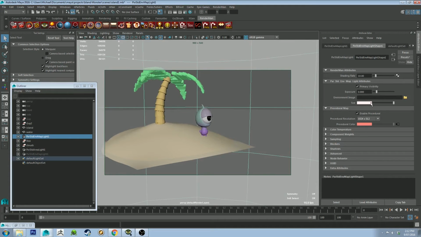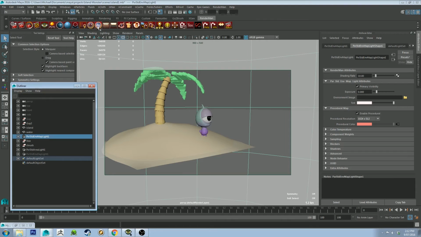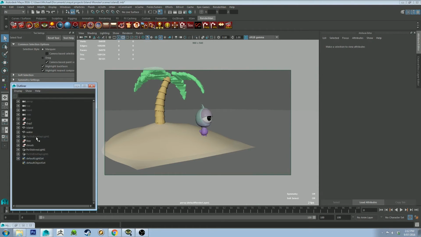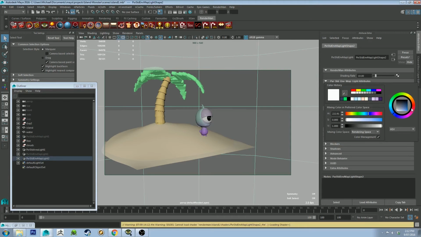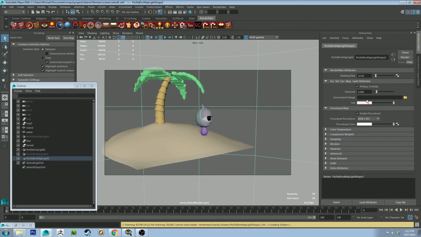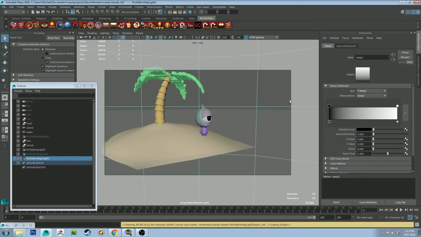It's got a slight pinky tint on it, and it's also got a procedural color ramp plugged into the procedural color. Actually, I'm going to show you how to do it from the start. So let's hide this one, create a new procedural color, change the tint to be ever so slightly pink, and next to procedural color, click this, plug in a ramp, and I'm going to change